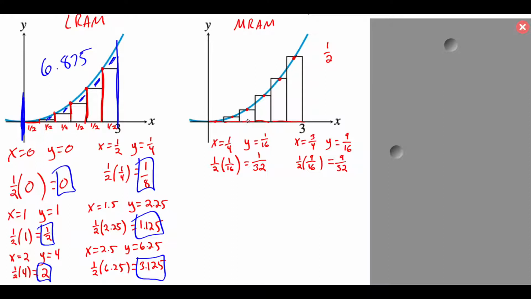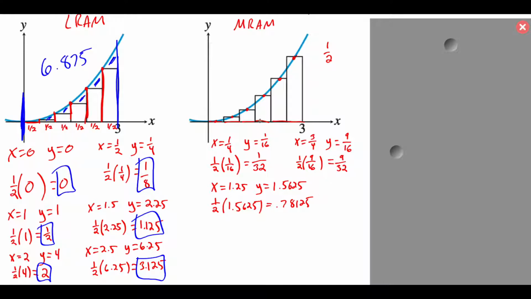If I look at my next rectangle, that runs between 1 and 1.5. So the midpoint there is going to be an x value of 1.25. If I plug that into my function to find the height of that rectangle, squaring 1.25, I get 1.5625. Now finding the area, again, we've got a width of 1/2, and we've got a height of 1.5625. So if I multiply those together, I'm going to get an area, I'm going to use decimals here because that's going to be easier, of